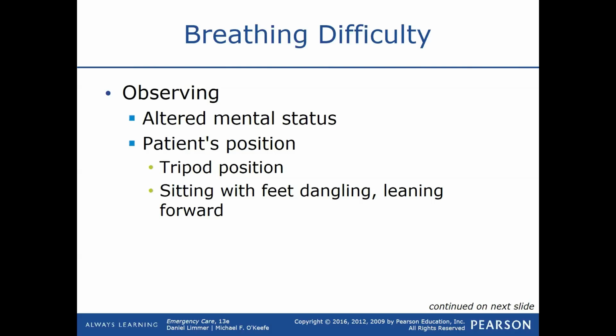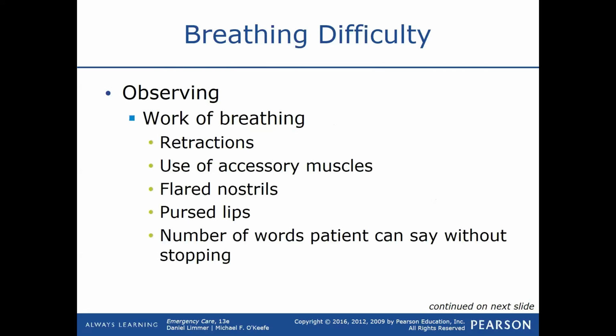So patient's position. Observing altered mental status, we talked about that, so I'm not going to talk about altered mental status. But if you guys have any questions about any of these things and I'm not talking about them, just ask me, okay? Patient's position, tripod, again, that's the body's natural reaction to having difficulty breathing. Sitting with feet dangling, leaning forward, to me that sounds just like the tripod position, except you're sitting on something high. So, all right, guys, let's take a little